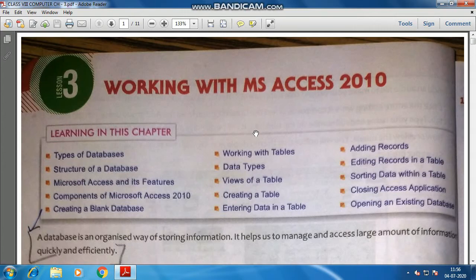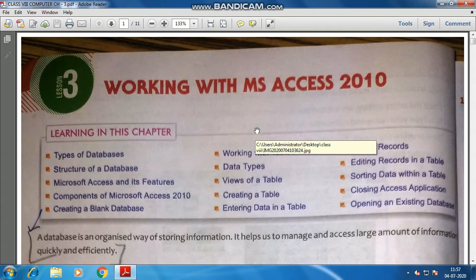And if you don't have MS Office 2010, it's okay if you have MS Office 2007. So all are the same, right? But there are some minor changes which we are not covering in this chapter. What we are covering is our databases, and that can be done in MS Access 2007, or if you have a higher version than 2010, then also you can use it, because that will be covered too. So let's get started without wasting our time.